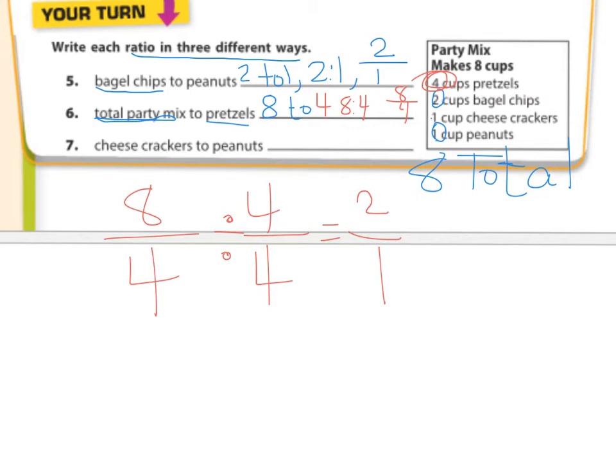cup of pretzels. That's like the one nobody ever eats, right? The pretzels is always the most, and then everybody leaves those behind, and we pick out this other stuff that